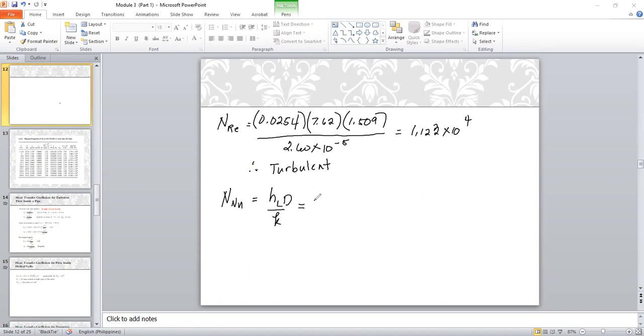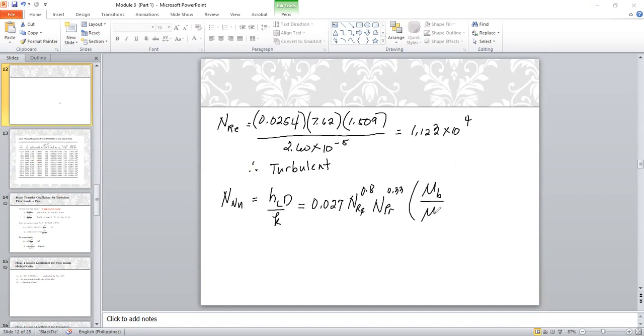And it's to be solved using this 0.027. The Reynolds number, which we just solved, should be raised to 0.8. And it should be multiplied by the Prandtl number raised to 1/3, that's right here, 0.33. And the ratio of the